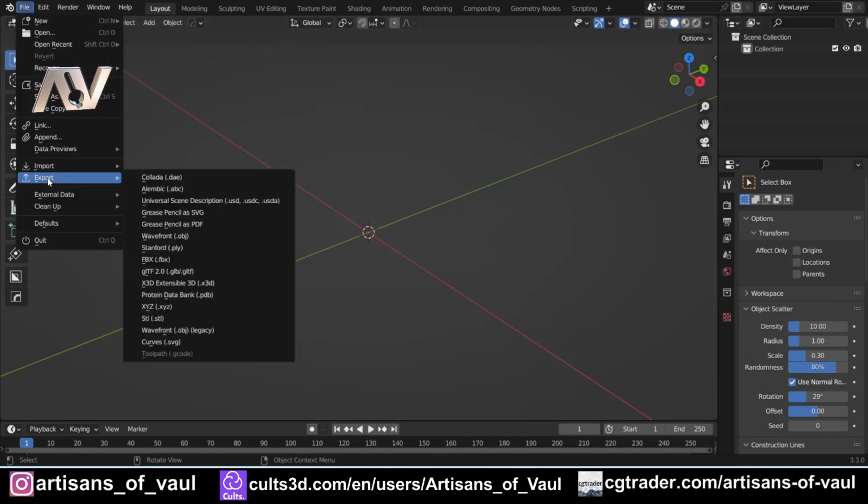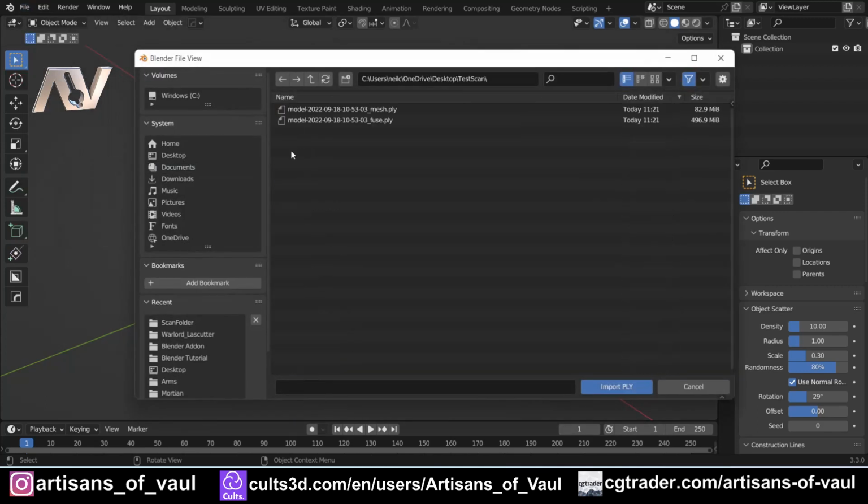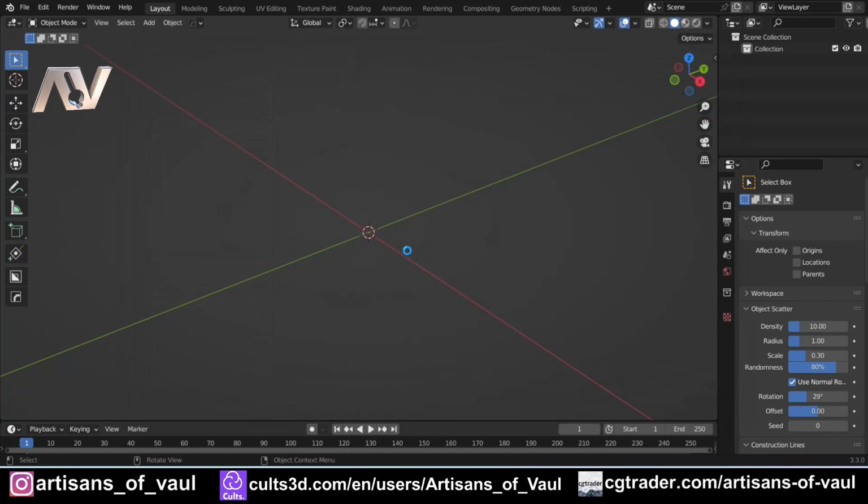So File, Import, and then we want to go to .ply as that's the saving option that we chose. And as we do that, we have two options. We've got the fuse, which is the dot cloud. We don't want that, we want the mesh. So import that, and then it will take a couple of seconds to do the importing, maybe a little longer